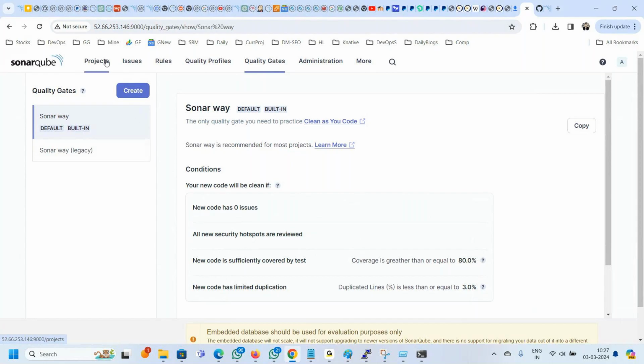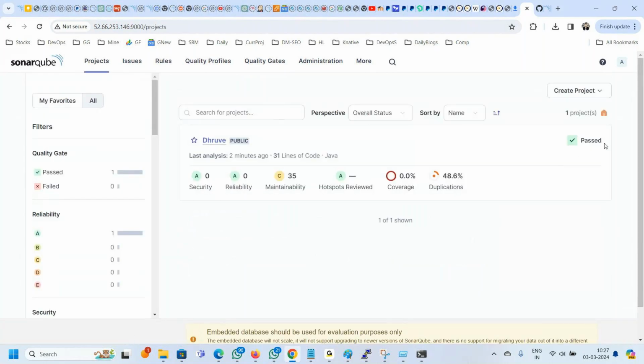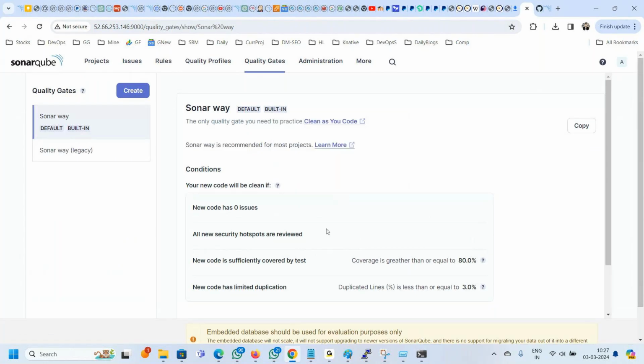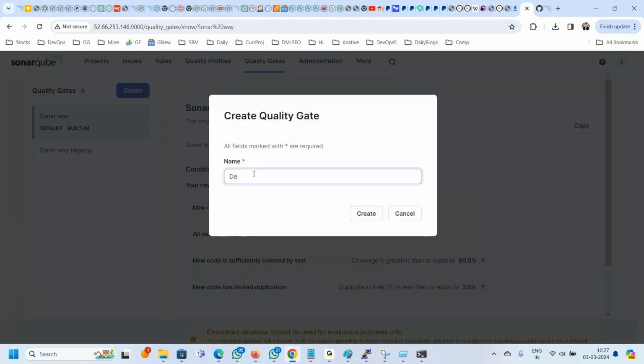So if you see here, there is one sign which is called passed. What is the meaning of passed? Passed means the default quality gate which we have got passed. This is a very relaxed one. That's the reason it got passed. But I'm going to create my own actually. So let me create my own. Name of the gate, I'll keep it DevOps school